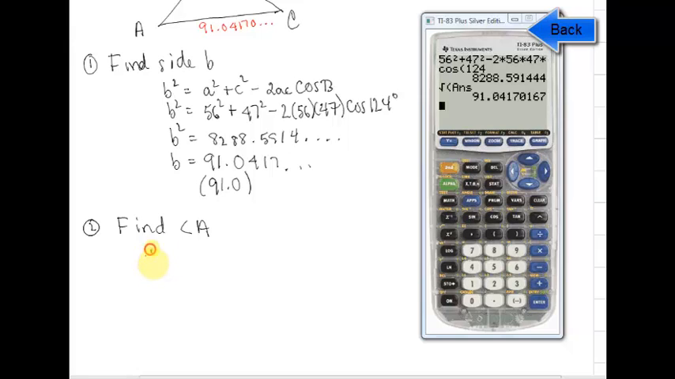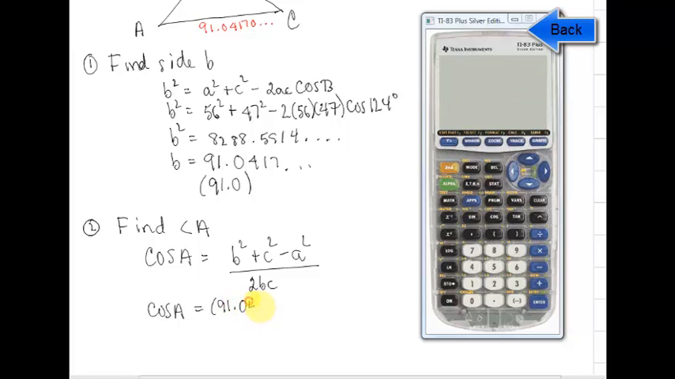Okay, so I'm going to use the version of the cosine law that looks for cos of A, and that's equal to b squared plus c squared minus a squared over 2bc. So cos of A is equal to b squared, which I'm going to use my form of side B that has lots of decimal places, plus c squared, which is 47 squared, minus a squared, which is 56 squared, and all of that over 2 times